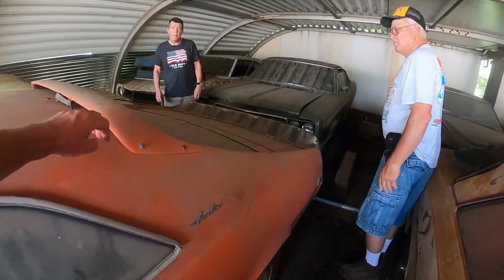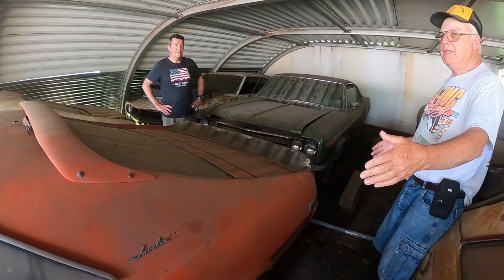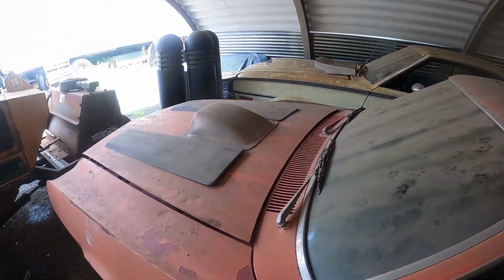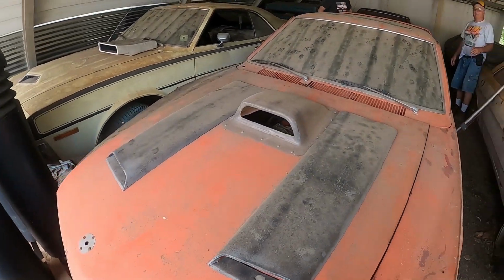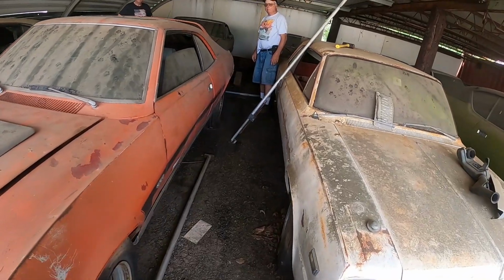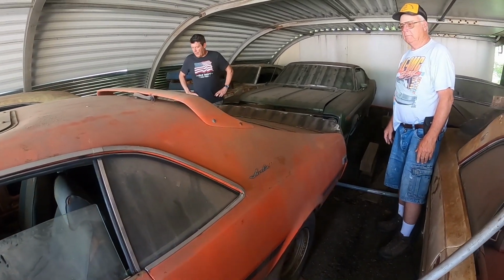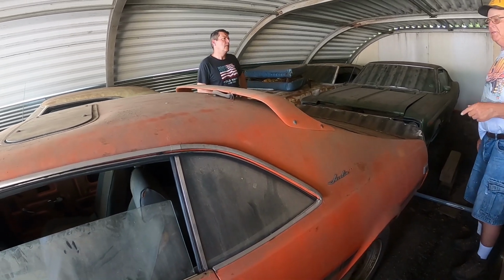Now, is this a factory part? Yes, it is. This is called the mod package. The only thing not factory on it is somebody cut a sunroof into it. But the front little scoops, this scoop, and the back fin back here, they are factory. So is this like their answer to the ones that they were using for probably road race type things like Grand Am racing? I don't know if these made it into the